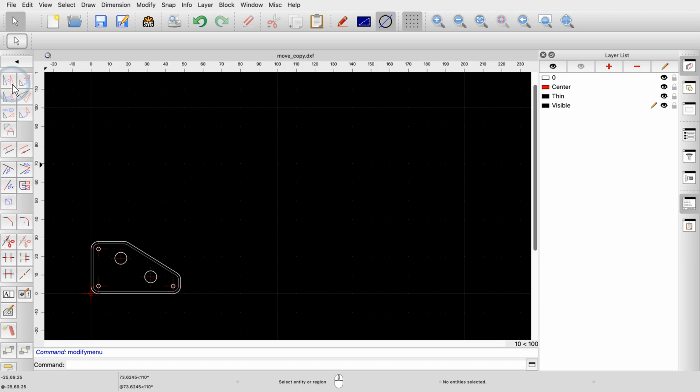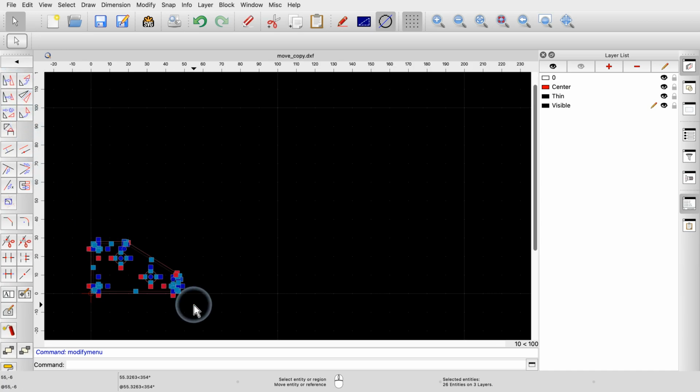These inactive tools become active as soon as we select at least one entity. By making a selection, we tell QCAD which entities to work with. In this example, we tell QCAD which entities should be moved or copied. As soon as we select some entities, the tool buttons and menus become active to indicate that they are now available. For this brief introduction, we have a look at the Move and Copy tool of QCAD. The tools to rotate, mirror, or scale work in a similar way.